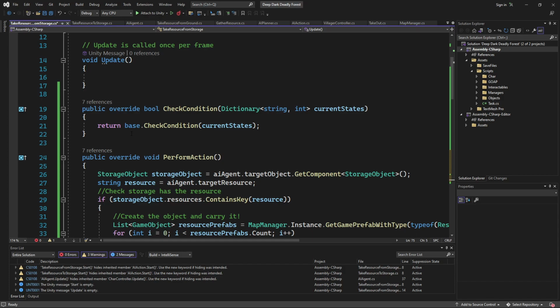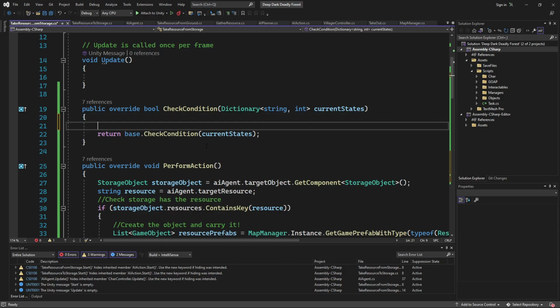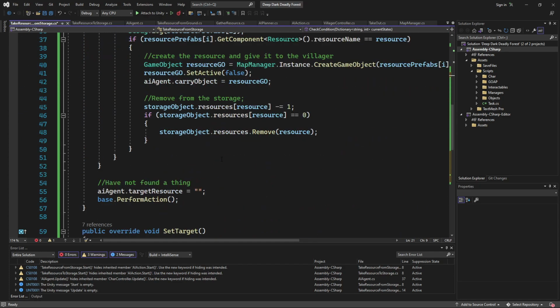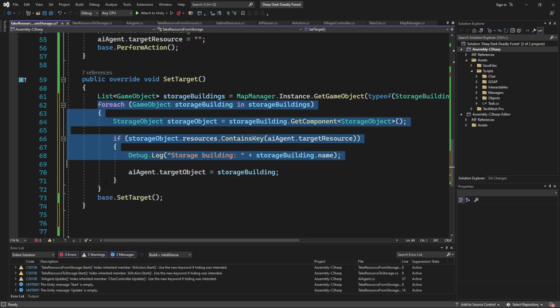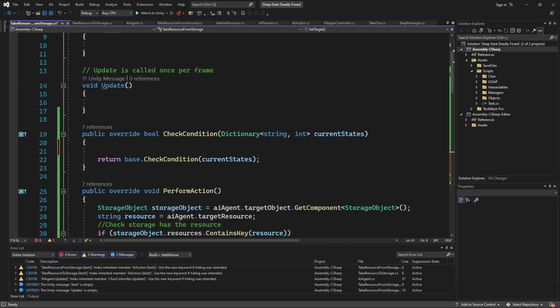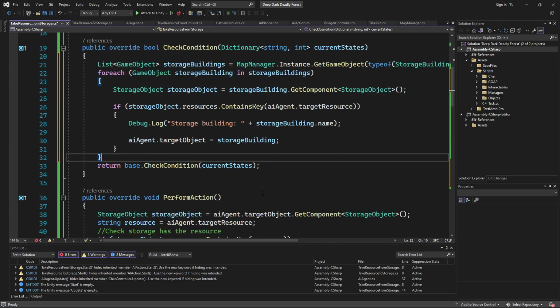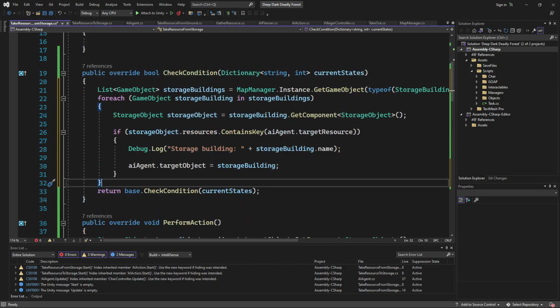Actually, this isn't going to be tricky, right? What we're going to do here is kind of the same thing for the set. We need to make sure that we can get a target. We need to make sure that there is a storage that has that resource that we want to go get. So we want to find a list of all the buildings. We want to check each of those buildings. We want to do all this, but we're not going to set the target object to this. We're just going to say